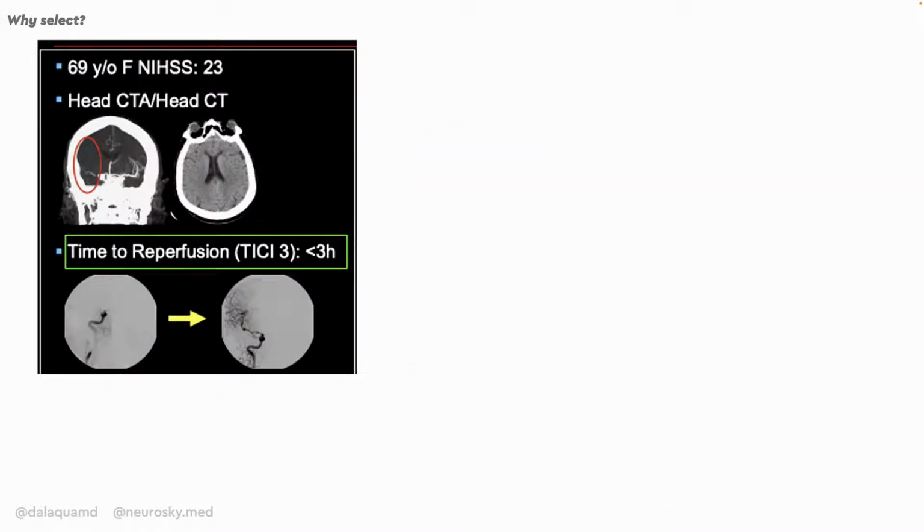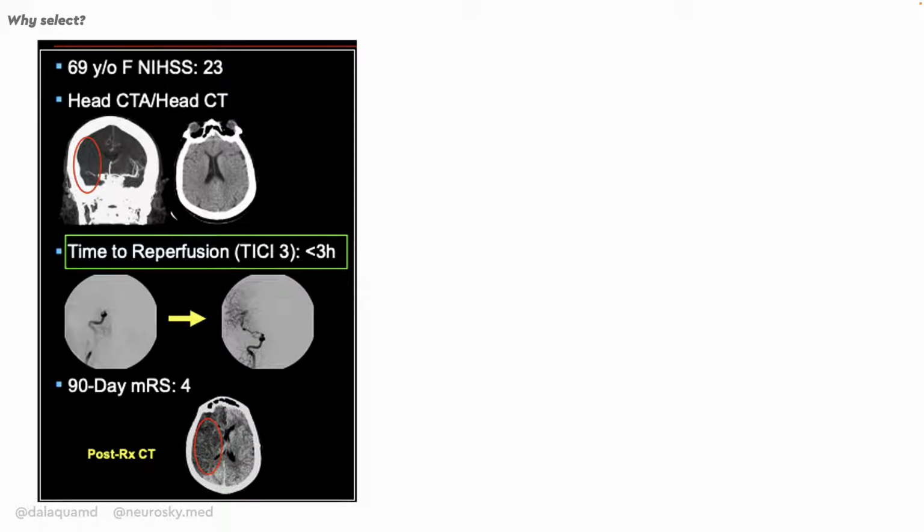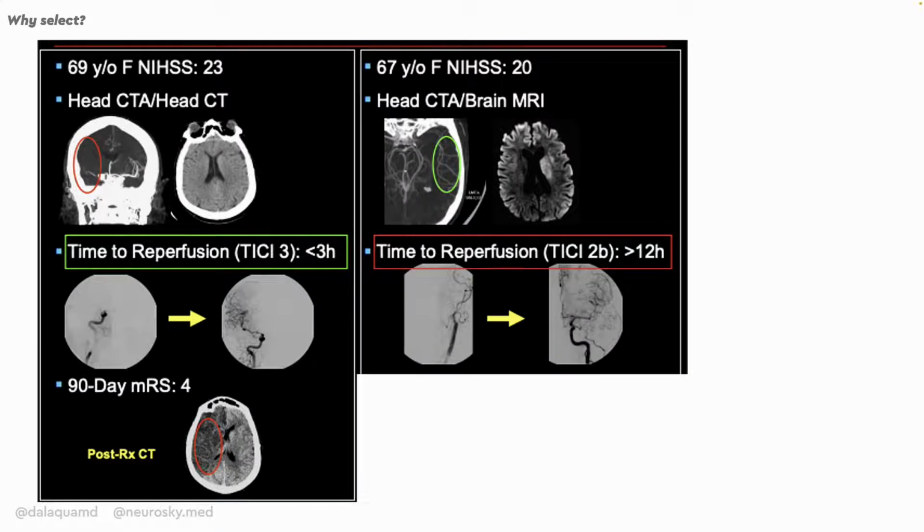So let's go with some examples. Now we have a 69-year-old female patient with an NIH stroke scale of 23. She came with a large vessel occlusion, proximal right M1 occlusion, and she did not have a hemorrhage in the non-contrast CT. She was reperfused quickly, with a very good reperfusion of TICI 3 in less than 3 hours. And in the 90-day modified Rankin scale, she had 4 points and a large residual ischemia on the right cerebral hemisphere. On the other hand, we have a